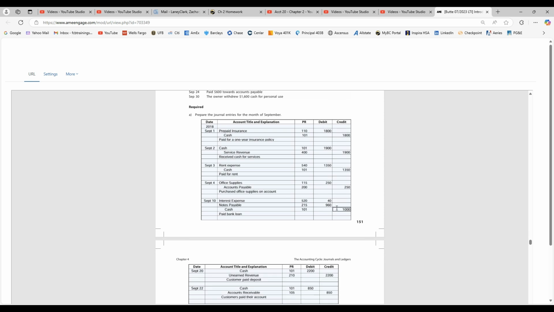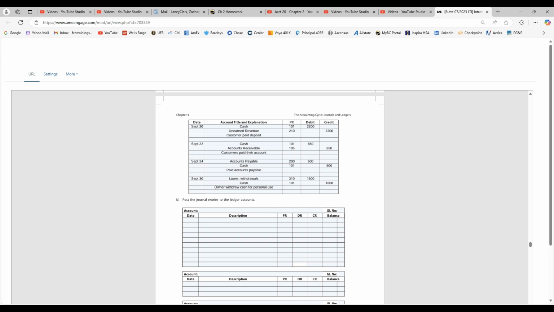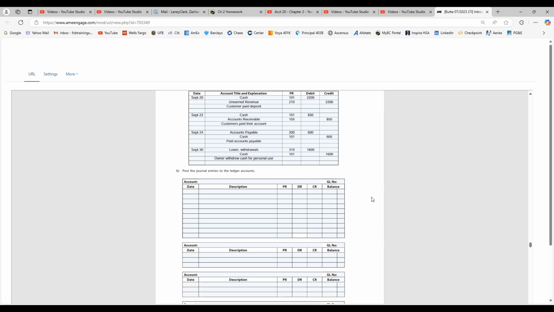We have all our debits and credits booked in, explanations, dates, account numbers, and so on and so forth. And with that, we want to go in and record all of the activity from, we're going to post from the journal to the ledgers. And so let's go through and we'll start with the cash account, which again is account 101. And then we'll format our